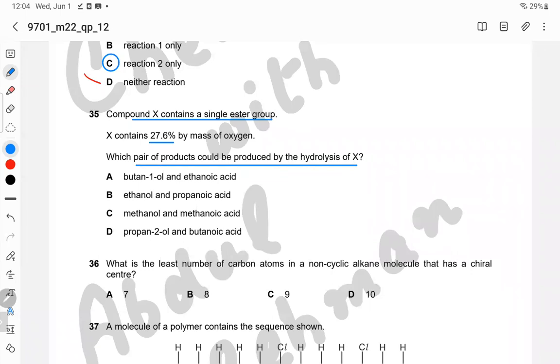Okay. This question, I think it will take a little time. Let's try the first option. Here, what we are getting is ethanoic acid and butanol. So if we form